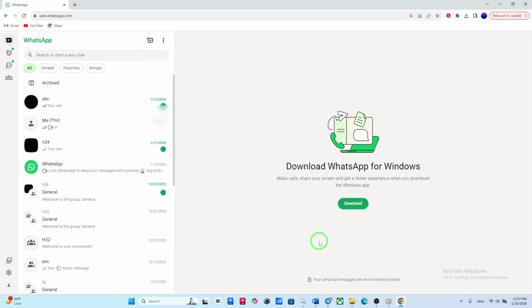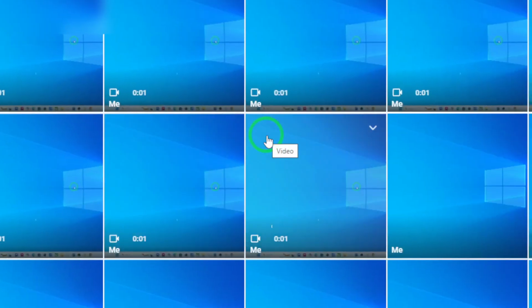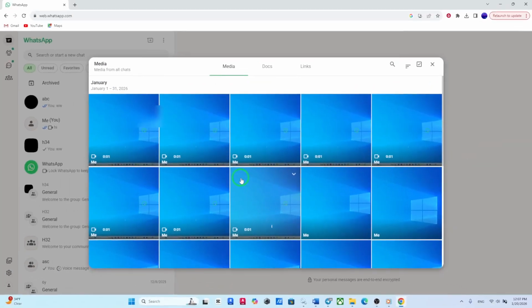Next, click on the media icon located in the left side menu. This icon looks like a small square with a mountain or image inside it. It's where all your received media files are neatly stored. From here, choose media to browse through all the images, videos, and other files that have been shared with you